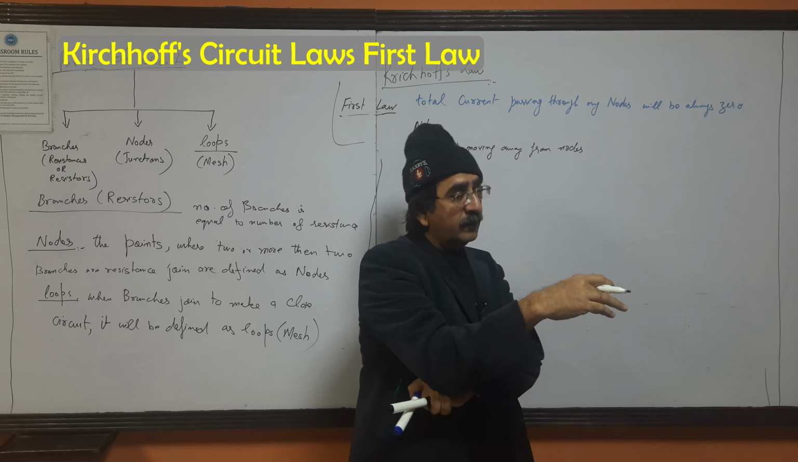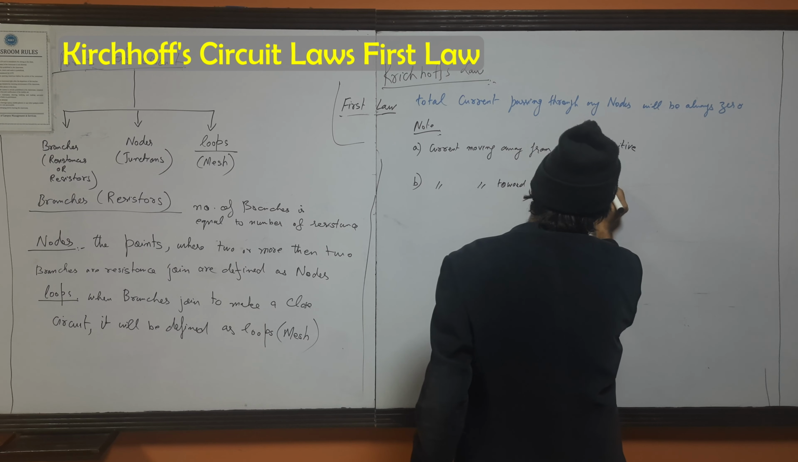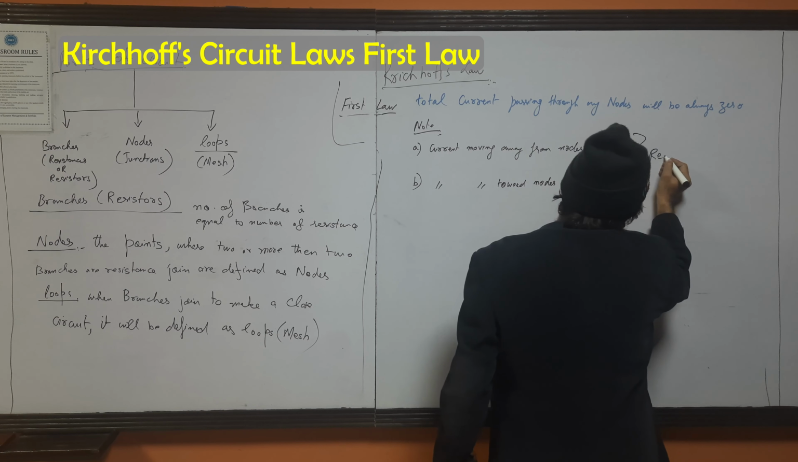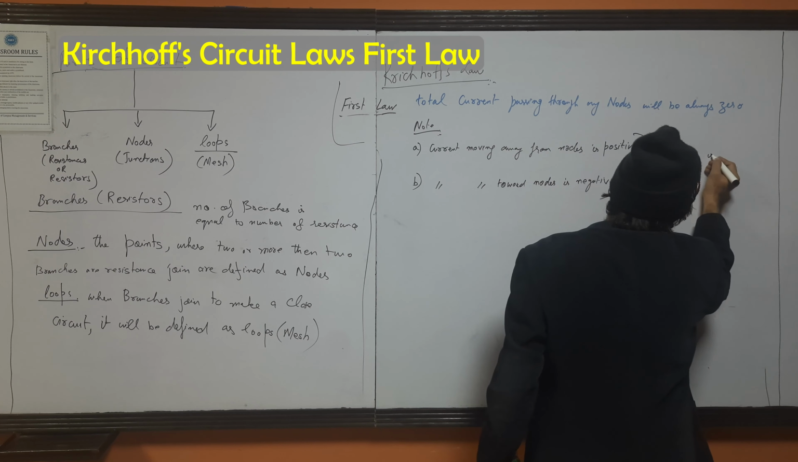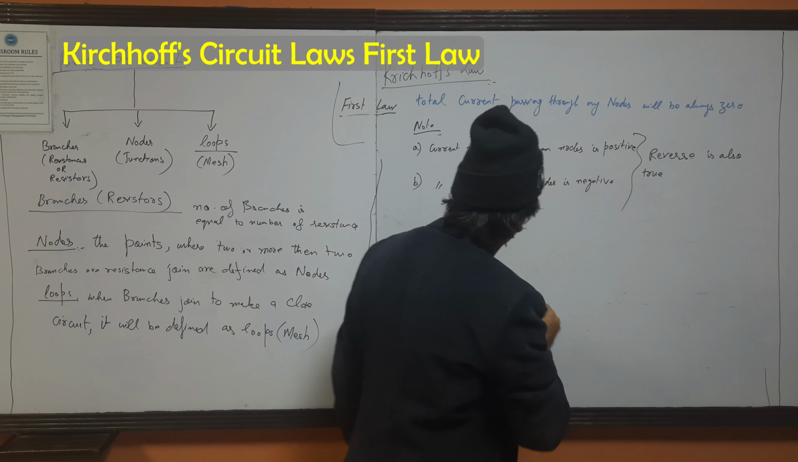Okay. For example, if we are taking the current moving away from the node as positive, then current moving toward the node is negative. Reverse is also true. Why? Because